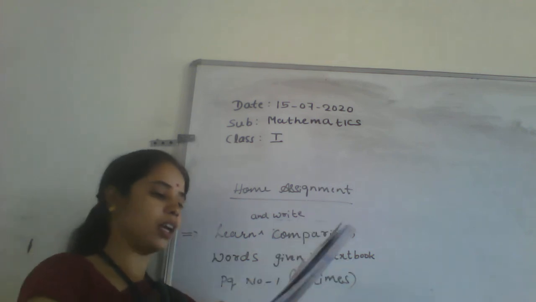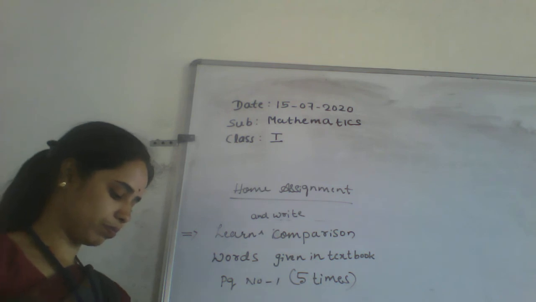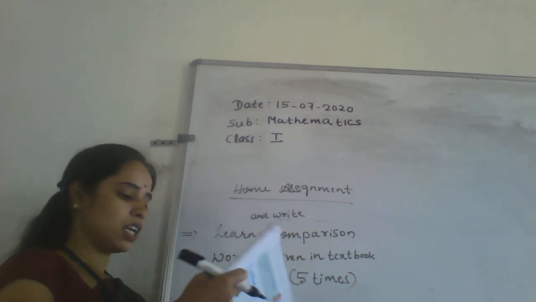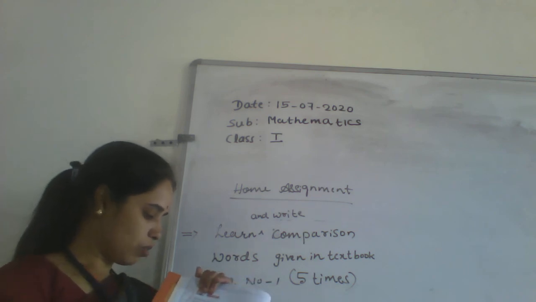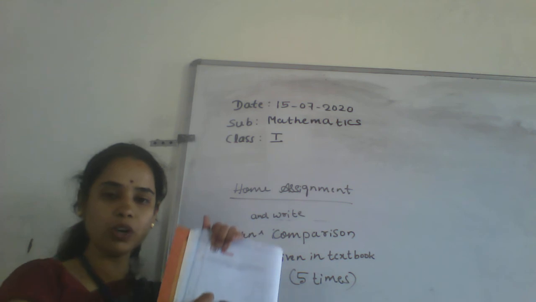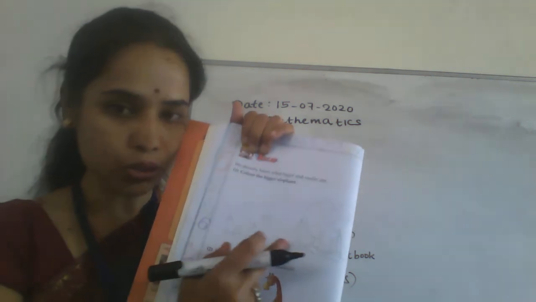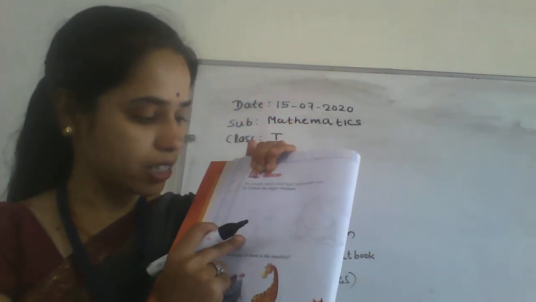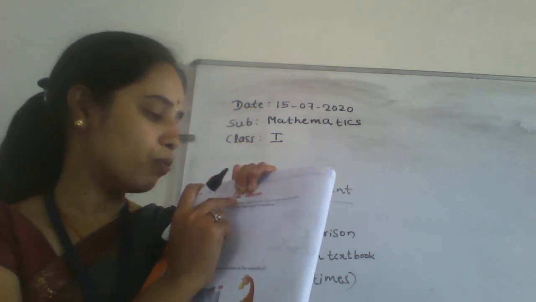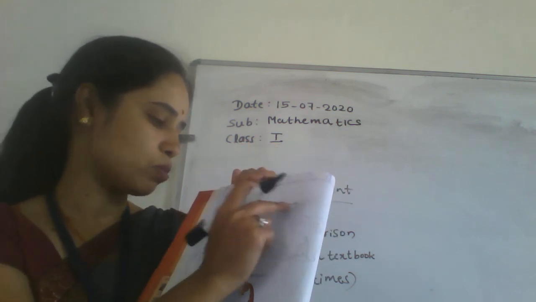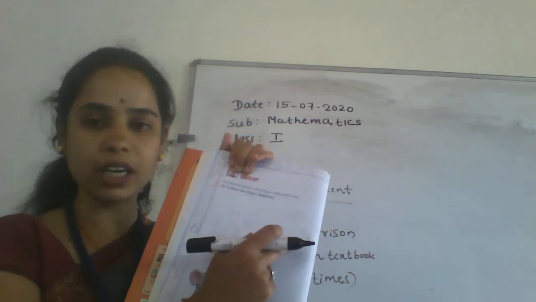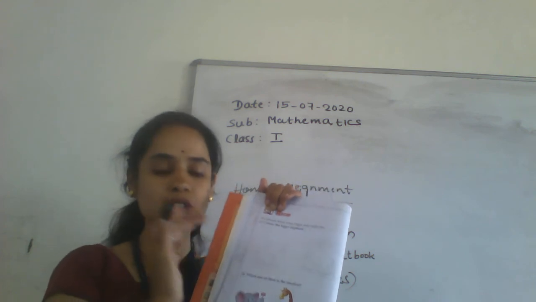Next, another example. See here. We already know bigger and smaller. See here. We have given here 2 elephants. Right? These are 2 elephants. Suddenly you may see here, this is a small one, this is a big one. What did they tell you? We already know what is bigger and what is smaller. Color the bigger elephant. See what they said here? Color the bigger elephant. Take your textbook and do this homework.